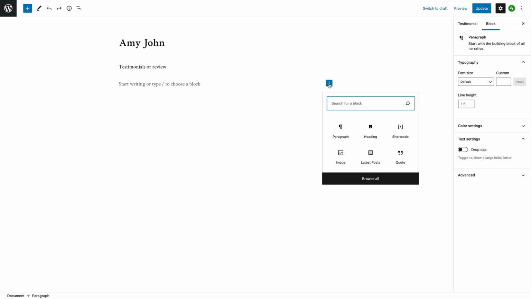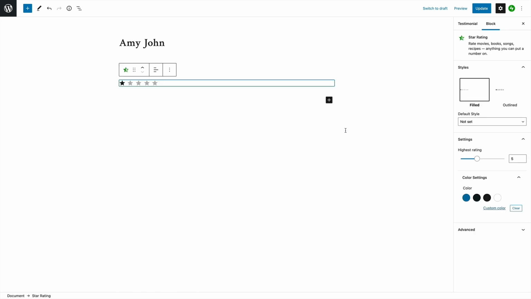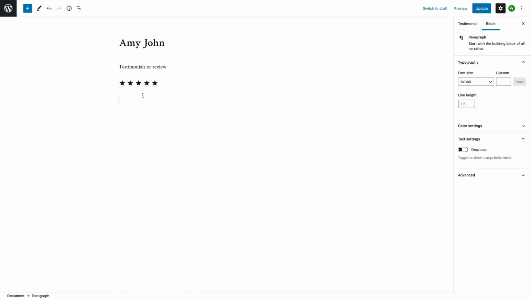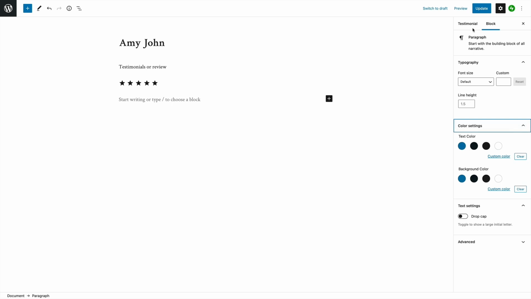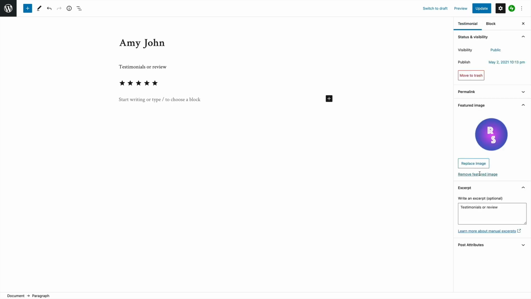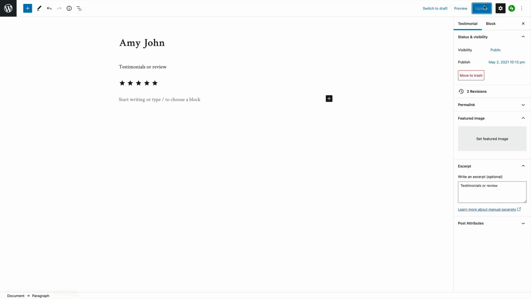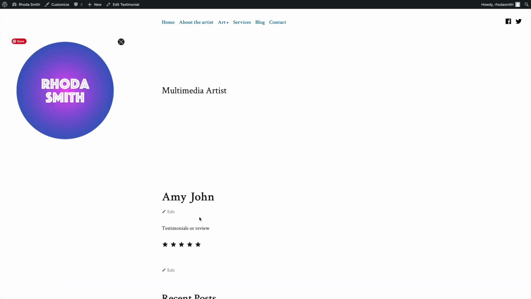You could also choose to add a star rating if they've given you a star rating, just to give it a little bit more of a fun review look. And you could also choose to remove the featured image altogether and just display it this way. What happens when you start adding testimonials is that these will all populate at your website URL